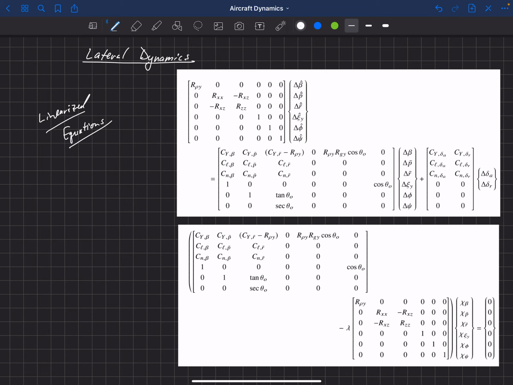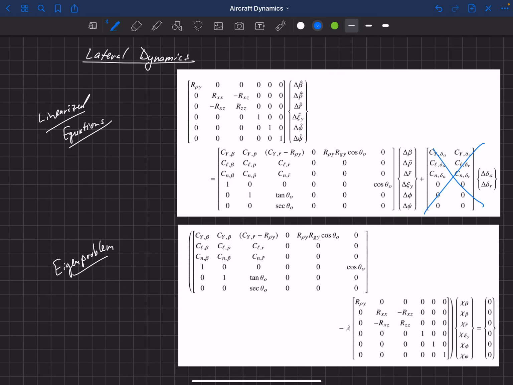And those are set up perfectly to plug in to this homogeneous set of solutions that can be used in our eigensolver. So this is the eigenproblem. And so we've got our two matrices here. We're actually going to, again, drop this matrix over here. This is from our control input. So we're going to drop that out and look at only the homogeneous solution to these equations, which is the solution that you get when you neglect control inputs or a forcing function.